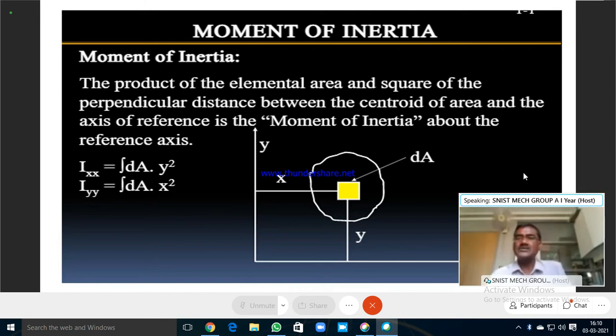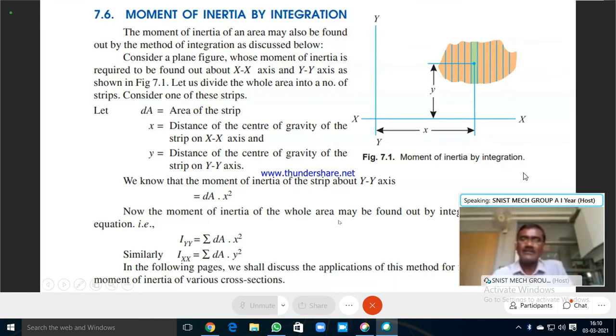In the previous slide, please don't note everything, not required. You please note down only the diagram, right? And the last two equations, Iyy and Ixx. By this double subscript we are using, which indicates moment of area or second moment of area. So Iyy indicates that it is a second moment of area. Symbolically, double subscript is used. So you are writing the moment of area twice about an axis. That is the reason for Iyy or Ixx.